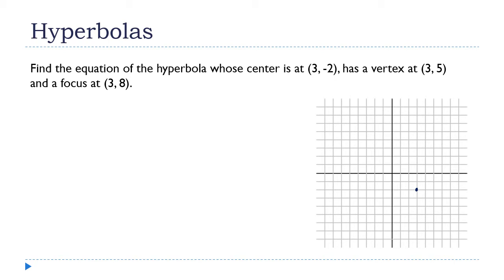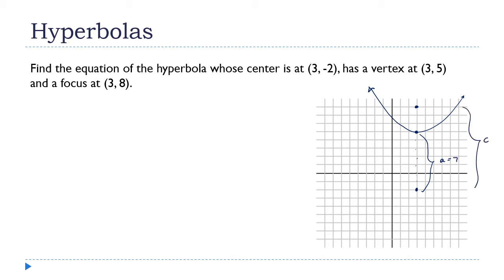So I'm going to go over 3, up 1, 2, 3, 4, 5. There's my vertex, and the focus is even higher. It's at 3, 8. So my hyperbola is like this. All right, that's just the upper half, of course. So a, whoops, I've got to go all the way down, don't I? Not just down to the axis. Here, a is 7,